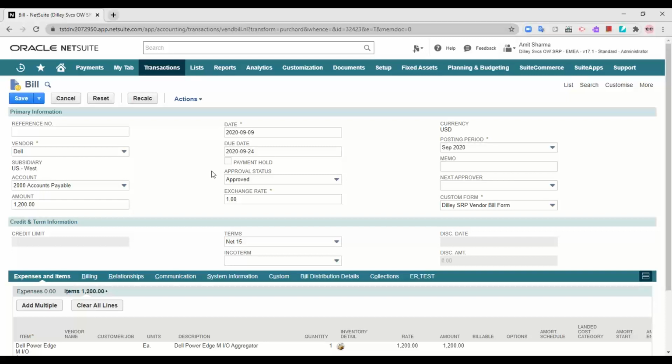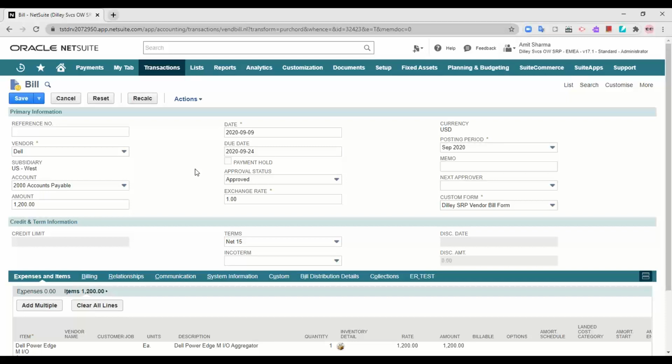There are two options for you to do this. You keep this particular bill as pending approval, and when the terms are clear, your superior, or maybe you yourself if you are an administrator, can change the status to approved. When a bill is approved, it shows up as a candidate for payment in the pay bills option that you have. This particular bill is going to show as a candidate for payment.